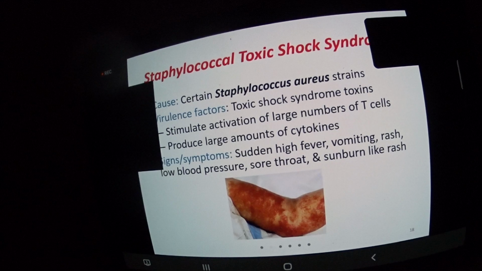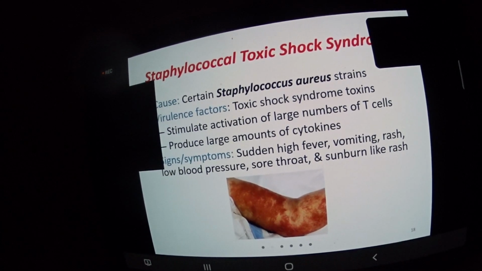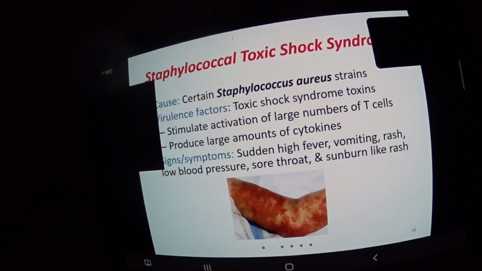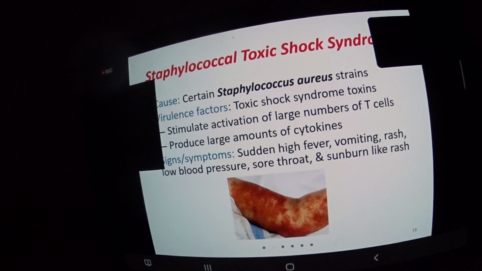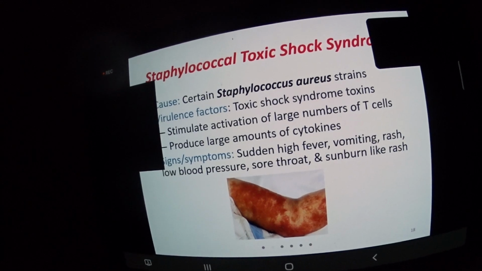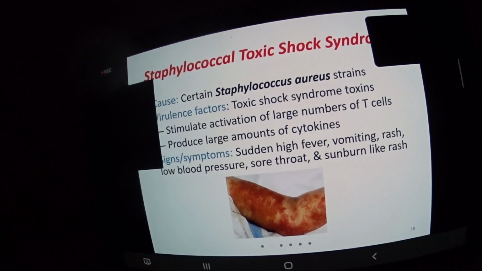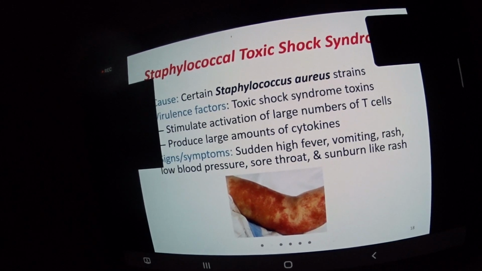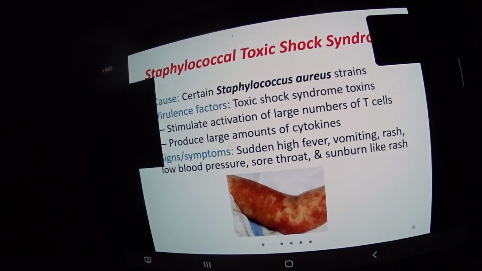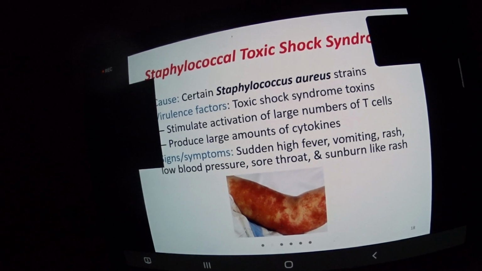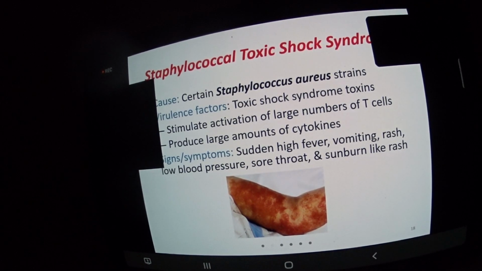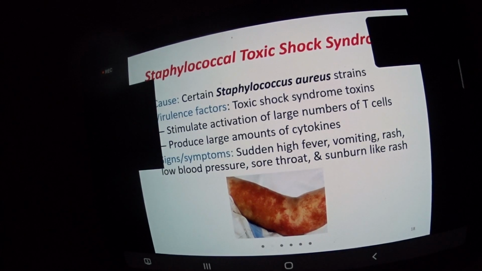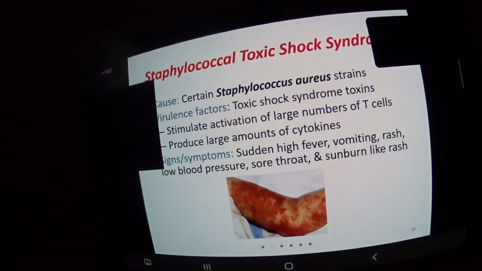This was it. So certain groups of Staphylococcus aureus produce a toxin. This toxin goes and attaches on the outside to the T cell receptors and the CD4 receptors and stimulates them and forces them to become active when they're not supposed to become active. They're not responding to an antigen presenting cell. They are just responding to their T cell receptor being attached to an antigen on a non-antigen binding site. Still, it stimulates them, so they produce a large amount of cytokines.